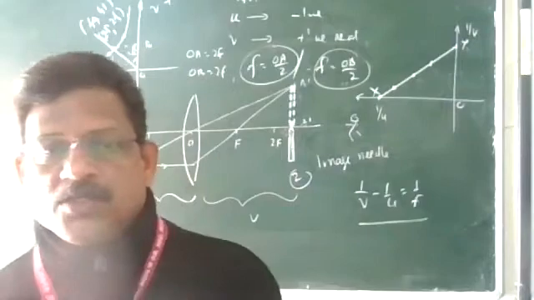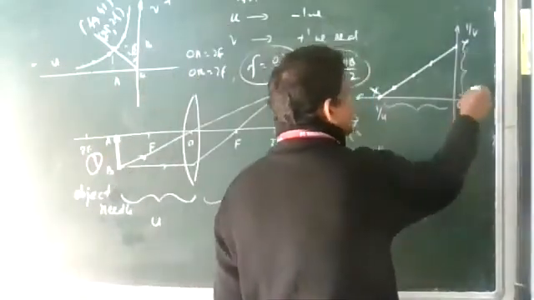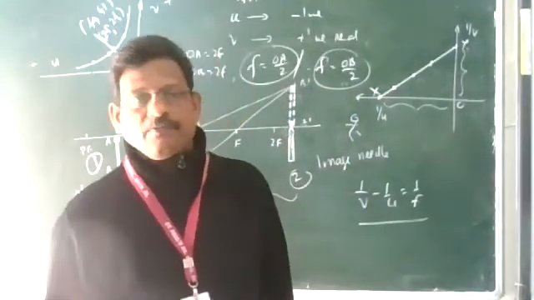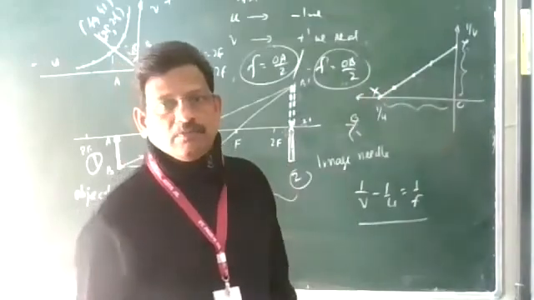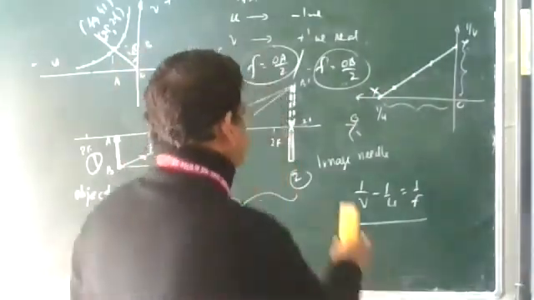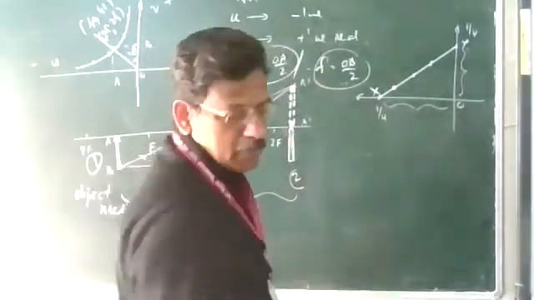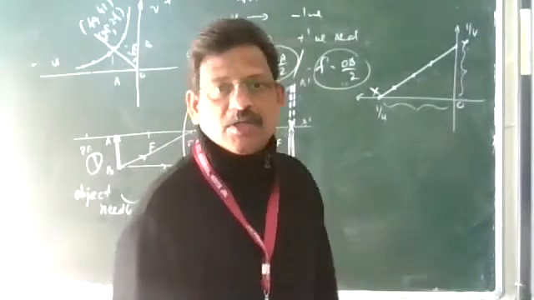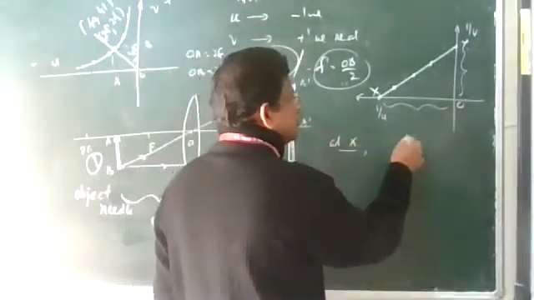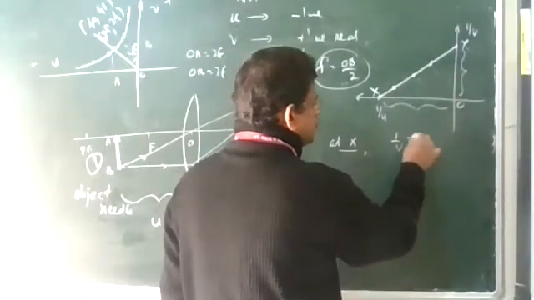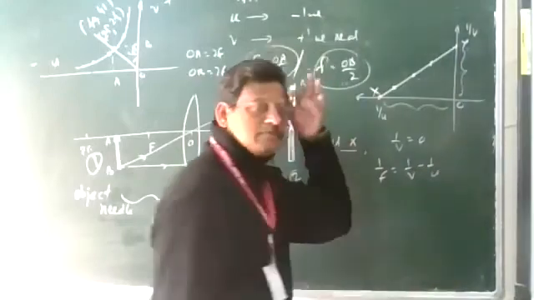How to find out in this? So OX can be measured. What is OX here? O is the intersection. So at the point X, the Y coordinate is 0. This may be asked in an examination objective type question, so calculate. So at the point X, the Y coordinate is 0, 1 by F is 0. So 1 by F equal to 1 by V minus 1 by U.